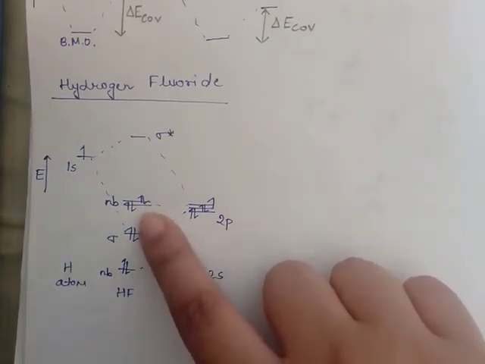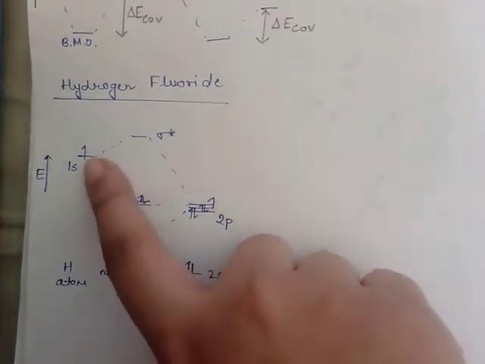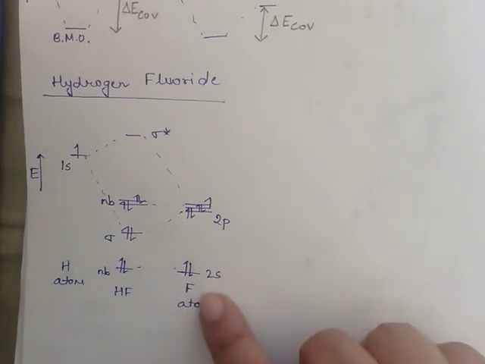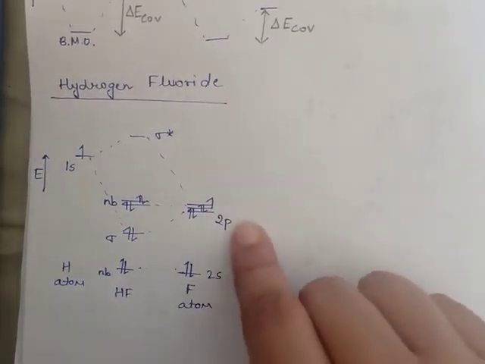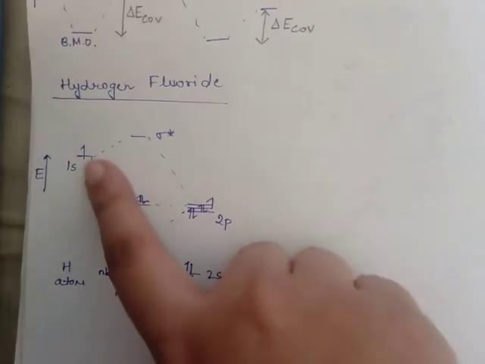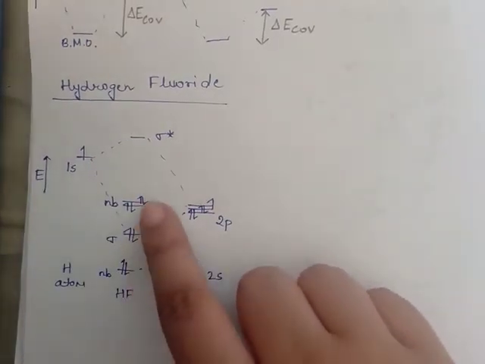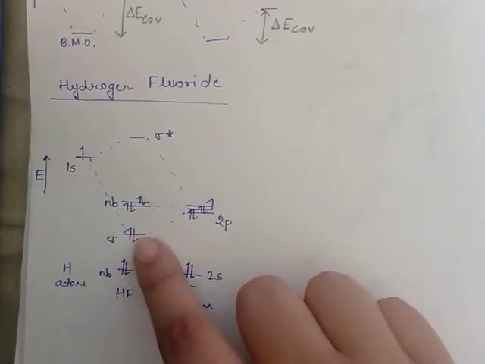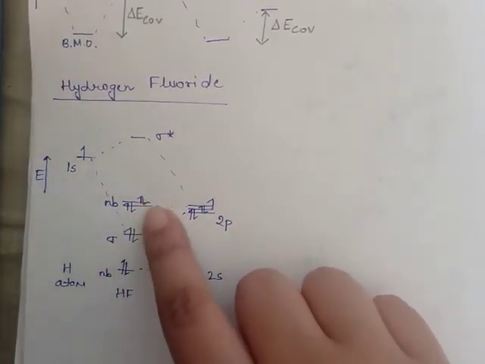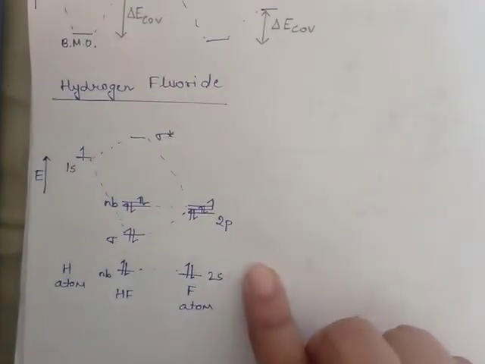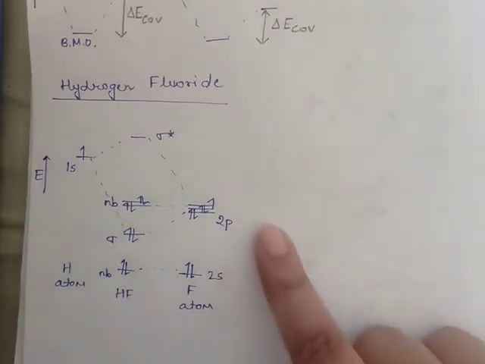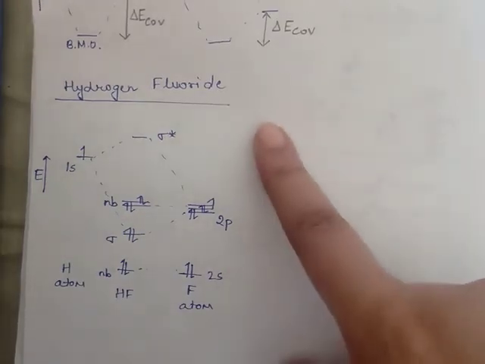Then the next step is filling in the electrons. So hydrogen atom has one electron, and over here the fluorine, since we are not considering the 1s, we have filled in 1, 2, 3, 4, 5, 6, 7 electrons in the 2s and 2p orbitals. So total there are 7 electrons here and 1 electron here, so that is 8 electrons. That has been filled in the molecular orbitals 1, 2, 3, 4, 5, 6, 7, 8. So that is the molecular orbital energy level diagram for HF. This molecular energy diagram holds true for all hydrogen halides, that is HF, HCl, HBr and so on.